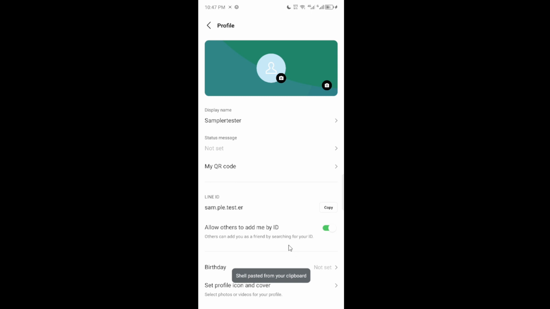A couple of helpful notes as you look at this screen. If you see that the ID field looks blank or shows something like not set, your account may not have an ID yet. Depending on your region, age, or account status, you may have the option to create one right here. Keep in mind that Line IDs are typically unique and, in many cases, can't be changed once they're set,